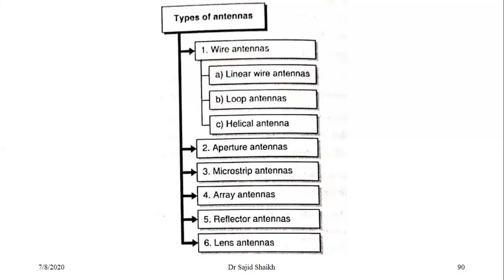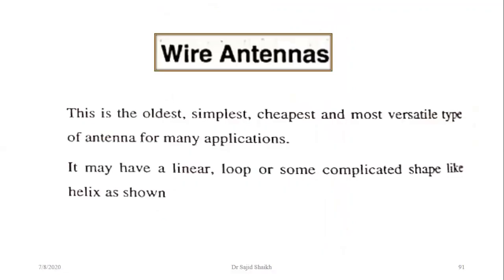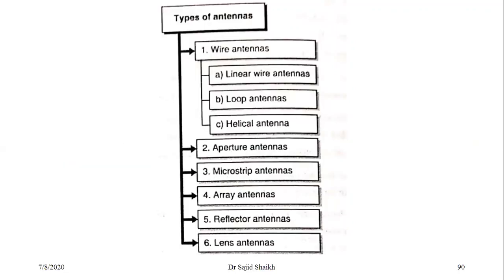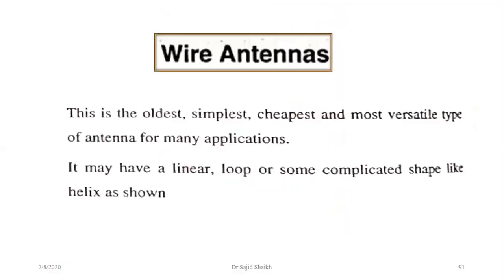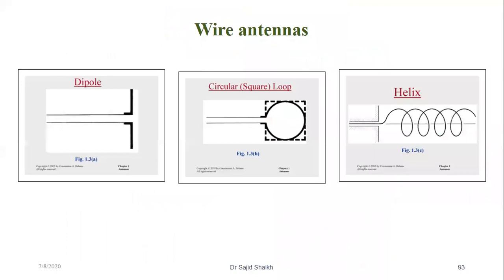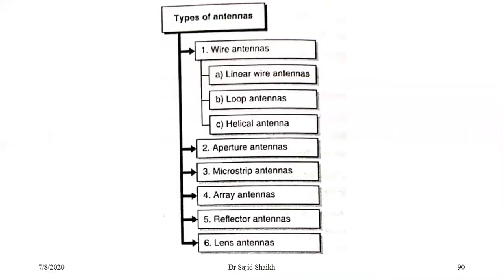shape of the wire. The one thing that is clear is that in a wired antenna we are using a conducting wire as an antenna. So depending upon the shape of that conducting wire, we can divide this antenna into three categories. First is linear, second is loop, and third is the helical antenna. So when we are talking about the first one, the dipole antenna, or what we can say the linear wire